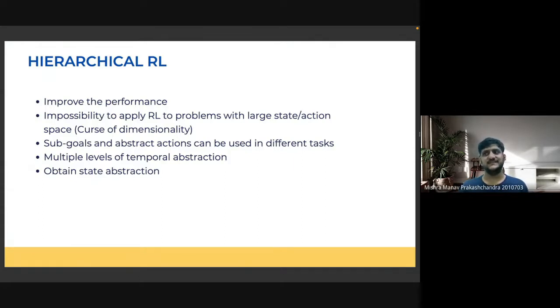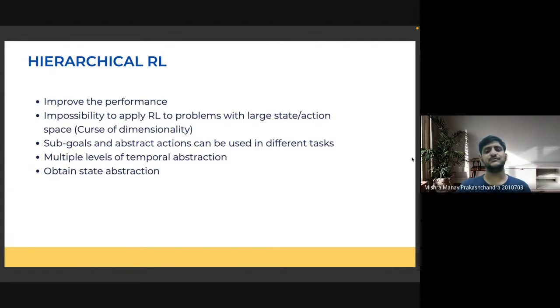The number of state action pairs that one needs to look at when we are looking at different transitions becomes difficult to handle. So we resort to something like function approximation and so on. But for even larger problems, function approximation fails after a certain point. That's why we need to have a look at more hierarchy based learning.